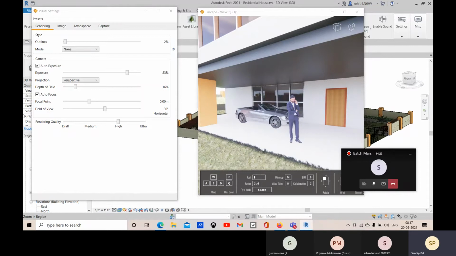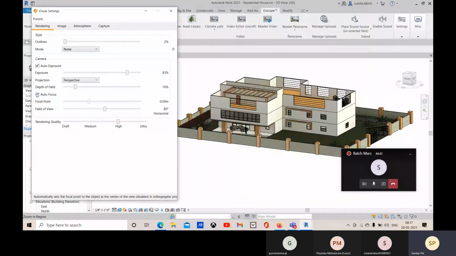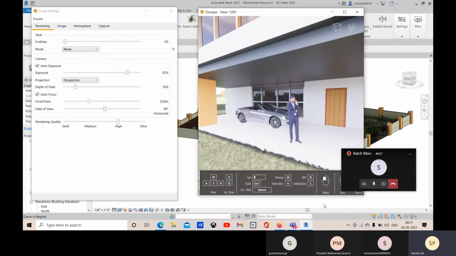If you choose this autofocus option, this focal point will be activated. If you click on this autofocus, it will automatically set a focal point, and you cannot manually change this focal point.